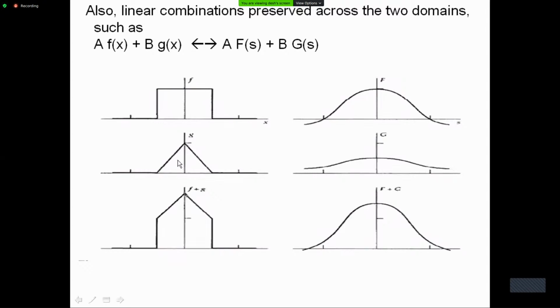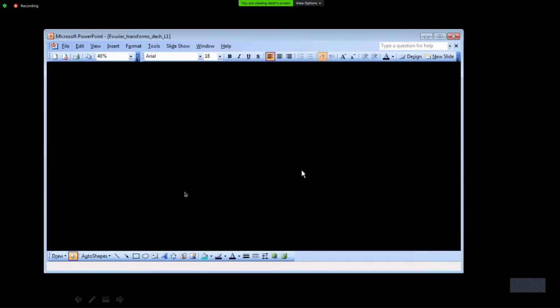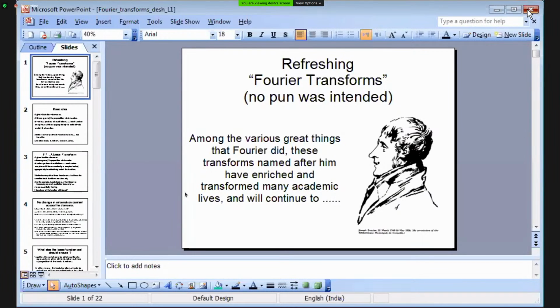For example, imagine that you are wanting to know the Fourier transform of this. You can quickly exploit the linearity and imagine this to be the sum of a rectangular function plus a triangular function. A rectangular function has a sinc function response, a triangular function has a sinc square response, and you add the two with the scales that you think and the widths of these functions as you see them. You can quickly get to the answer before having to compute it. Okay. All right. So are there any questions up to this stage?